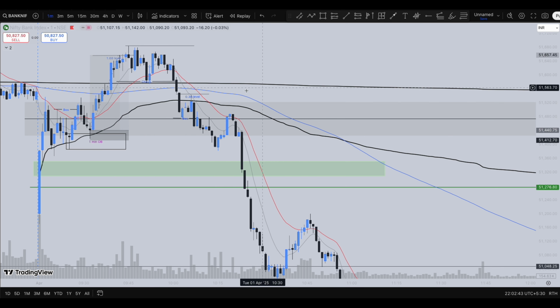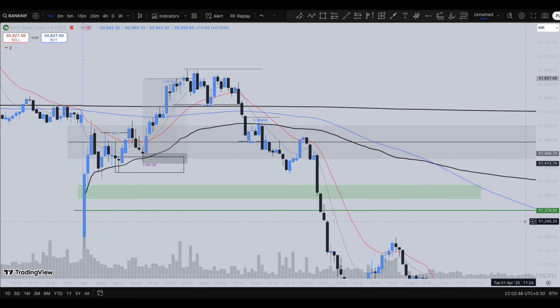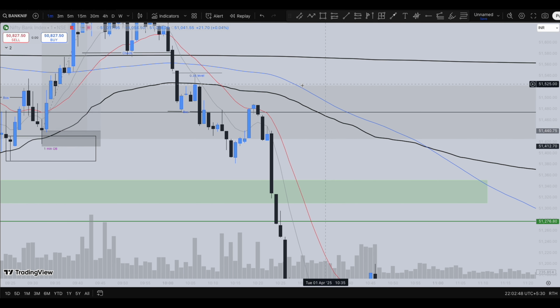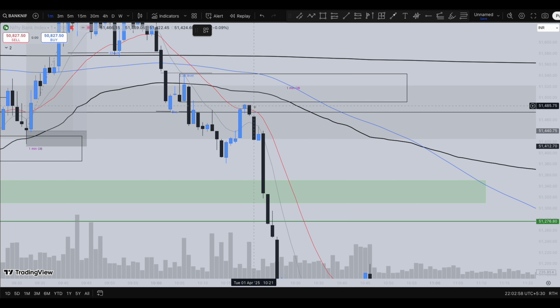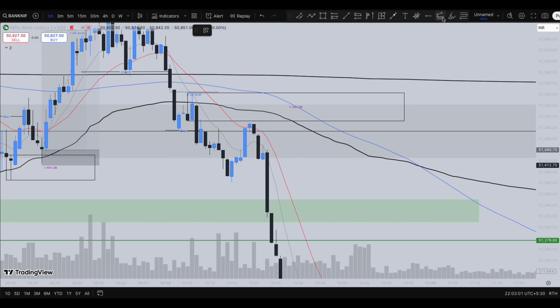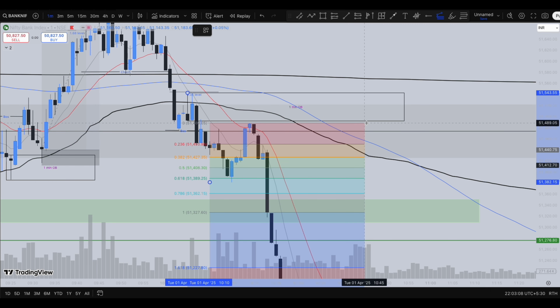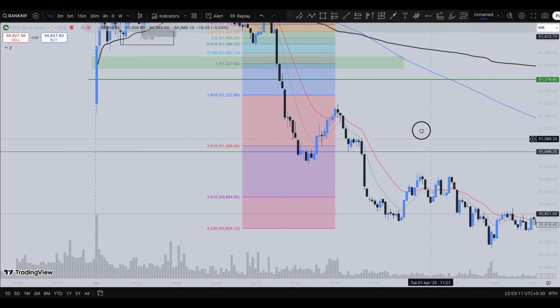But in case you might have missed it, you can see another break of structure over here. You can consider this to be another order block level, a 1 minute order block. The market again retraced to these levels, but here it faced rejection. And in case you want to find out the fib extension levels, guys, from the high of this candle to the low to the high of this candle, this is how you could have traded.